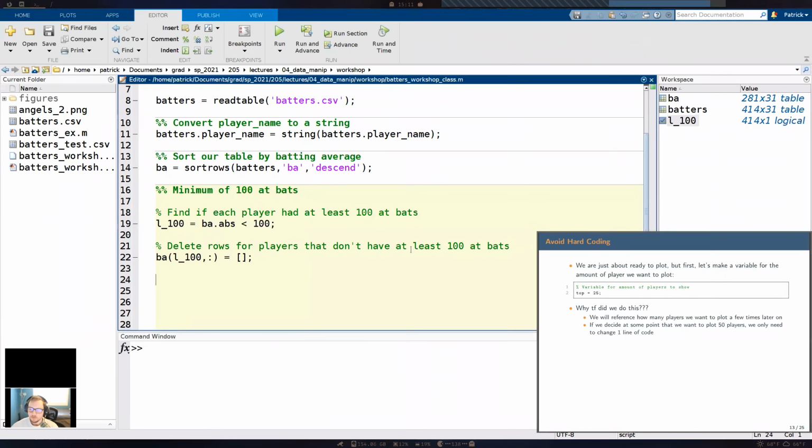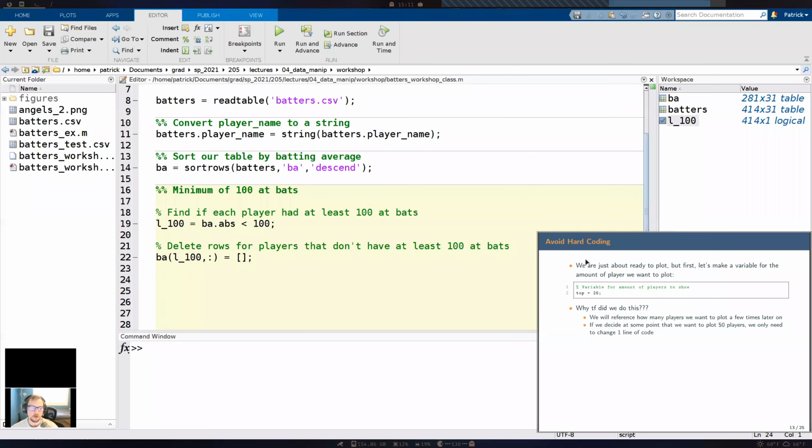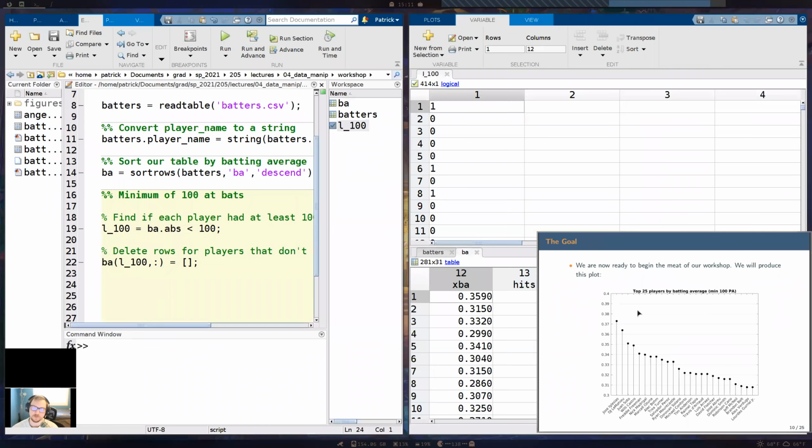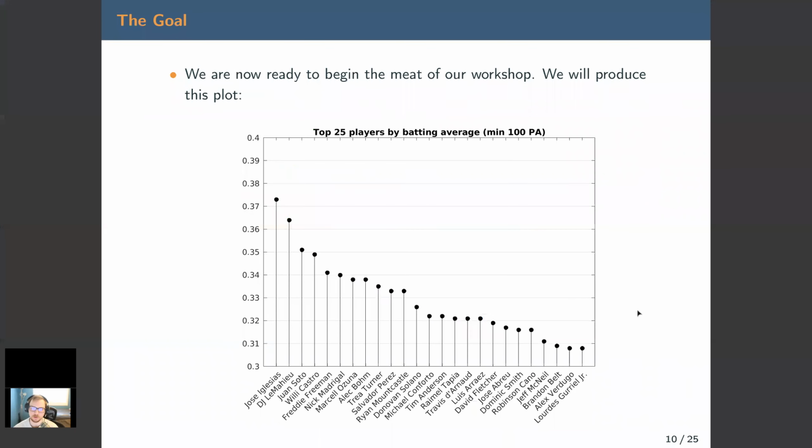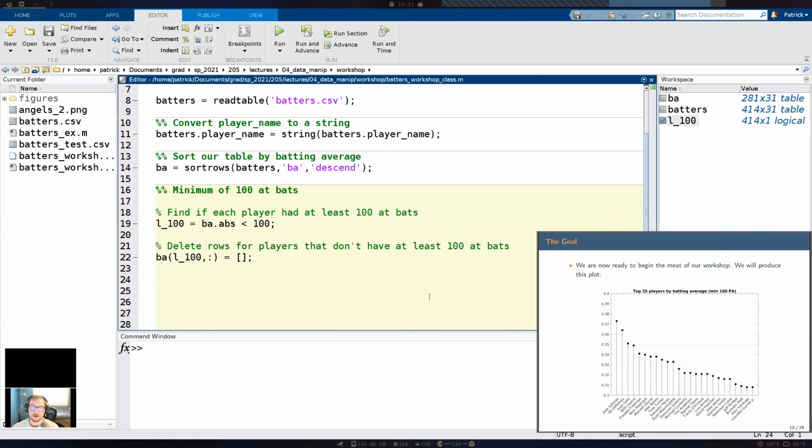At this point, we're going to talk about how we can avoid hard coding. For our plot, we want to look at the top 25 players by batting average. Remember, we wanted to make this plot. We have 25 players here. So we can go into Matlab and I could say plot. Actually, it would be stem.